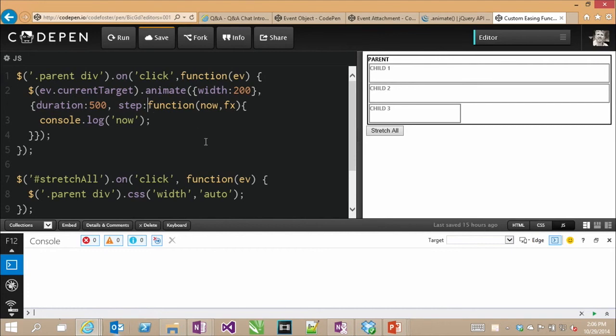Okay, I'm going to spend just one more second on this. Let me remove the duration. I may have done something wrong with this function call. Nope. Nope, it's probably me. Well, if I would have only saved that actual pen, then I would have the real deal to show you right now, but it's not working. That's okay. Anyway, it is nice being able to define this step method and get the value at every step